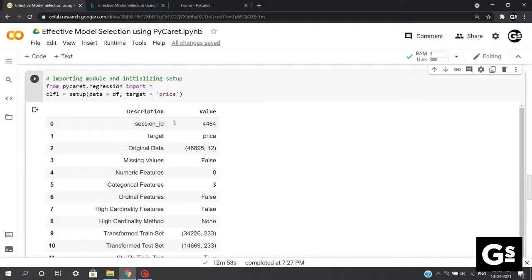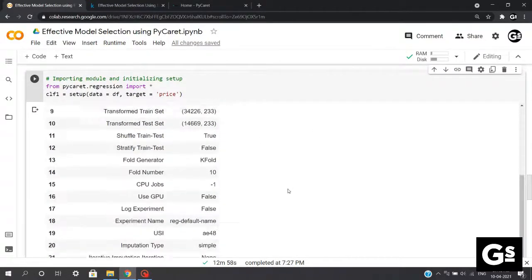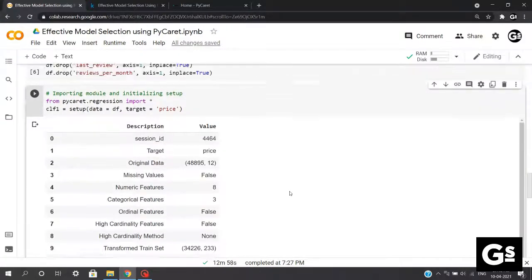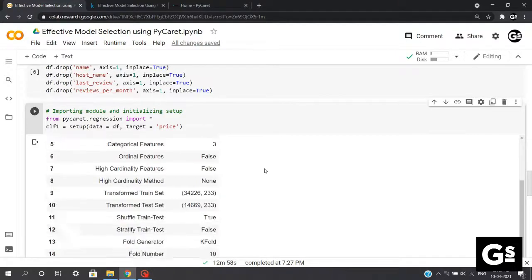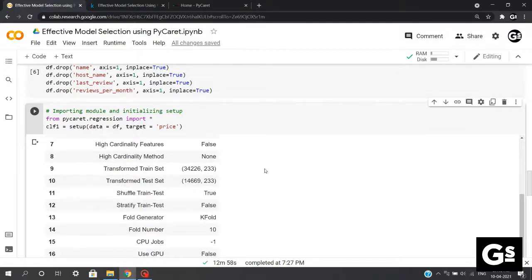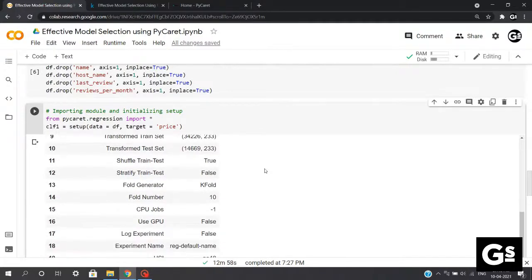After executing this step, we'll be getting this particular output in which we'll be getting brief information about our data, like what is the original size of our data, what is the number of numeric features, what is the number of categorical features, and many such values which will be treated as a recipe for preparing the model.